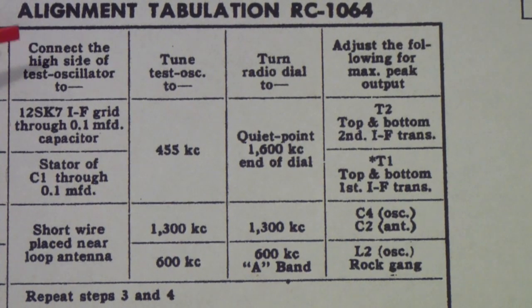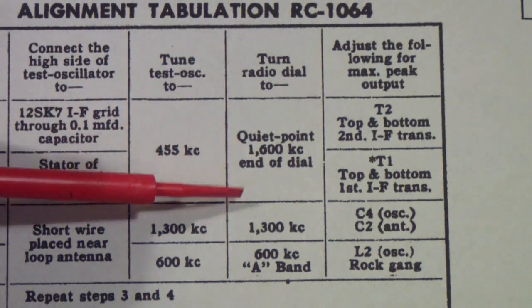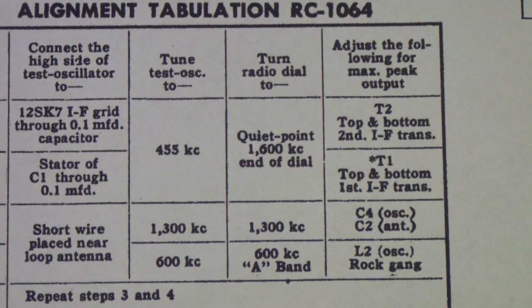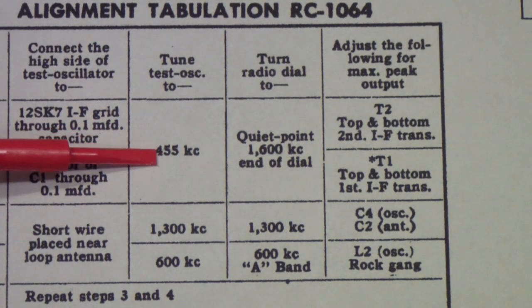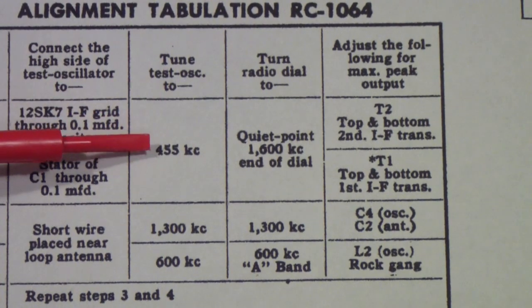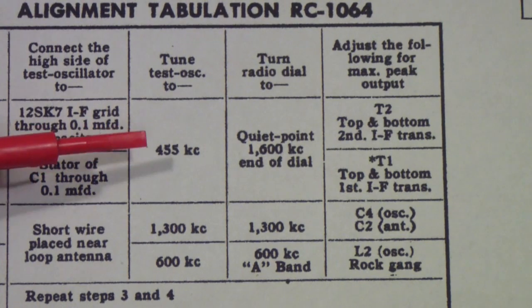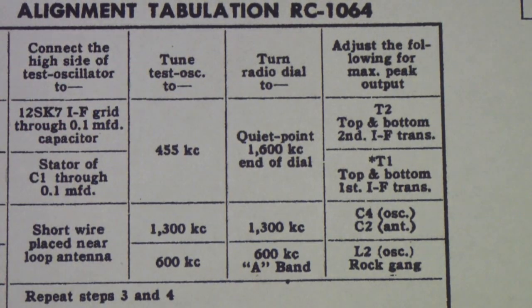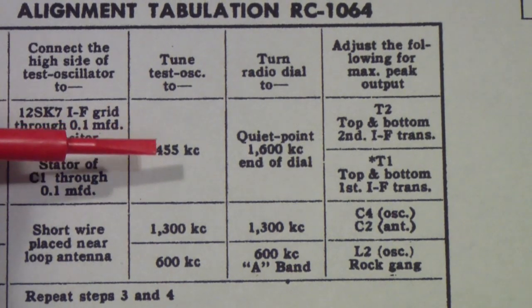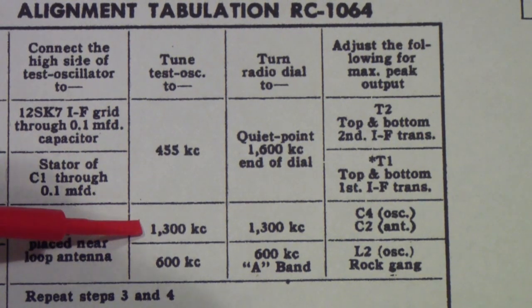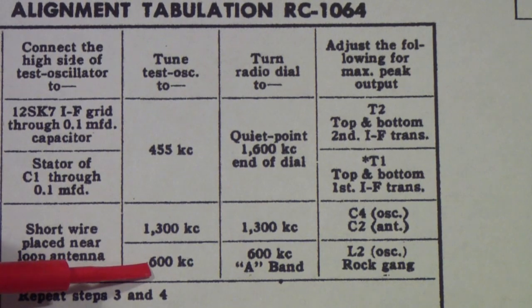So this is the basic way you align a receiver. First you align the IF until it is tuned to the IF frequency. Now I say that because different receivers often use different IF frequencies. 455 was common, but others used 460, 465. Some earlier ones used 262 kilohertz. Some auto receivers used 262 for reasons of interference. Anyway, you tune it to the IF frequency, and then you adjust the oscillator and the antenna to get the